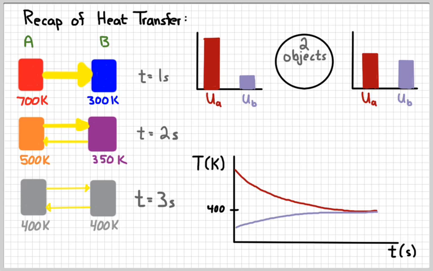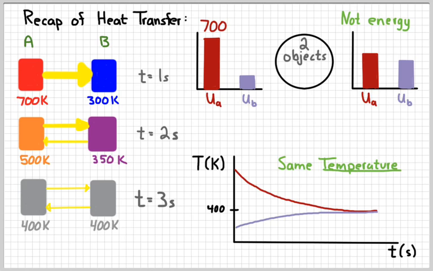In this case, it's the 400 Kelvin. So they're going to start off changing temperatures rapidly, and then that temperature rate of change will gradually slow down. So again, these two things are going to end up with the same temperature, not necessarily the same amount of